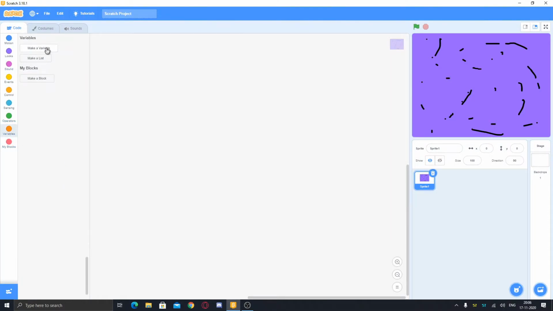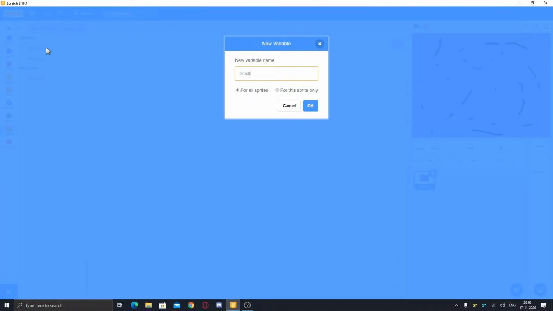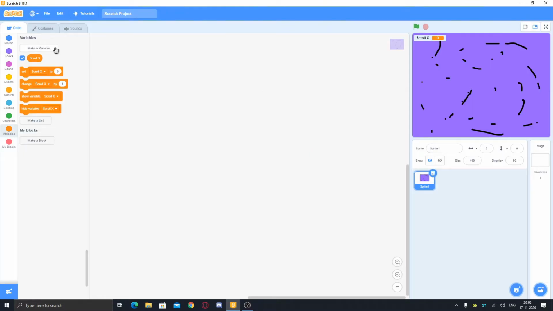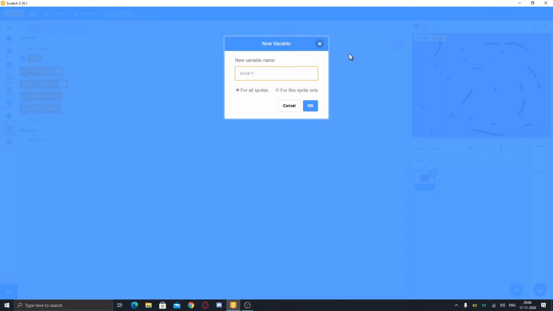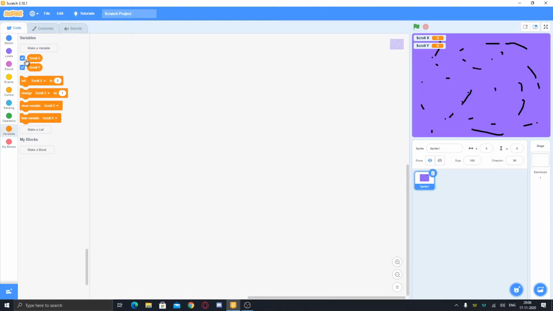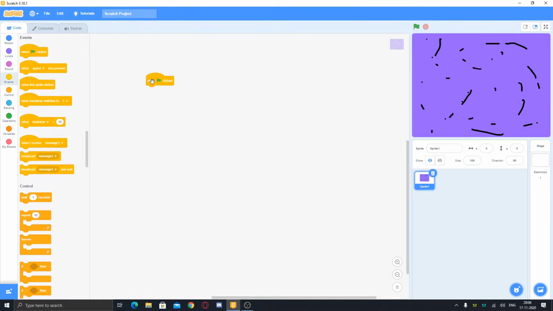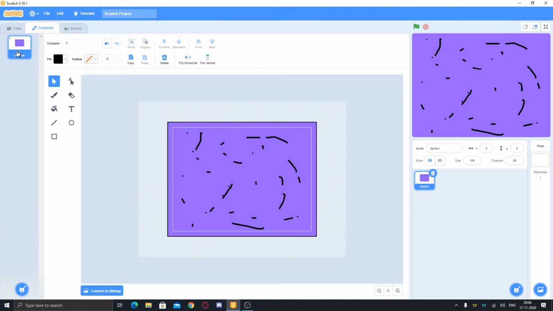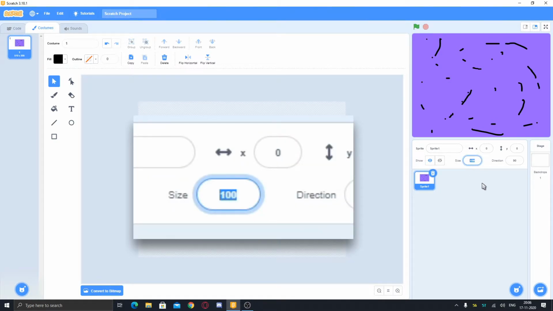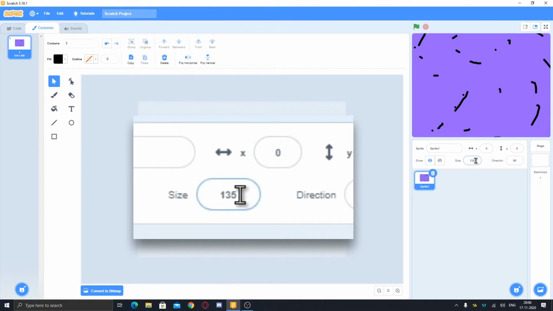So now we can make just two variables, scroll x for all sprites and scroll y for all sprites. These are the two basic variables everyone uses for scrolling. So these are the main. So then we can just increase the size of it by just putting a when the green flag clicked. First of all, we need another costume to make it bigger, as Scratch has a limit. Like if I set the size here to 5000, it will change only to 135 as it is the max limit of this sprite, this costume.